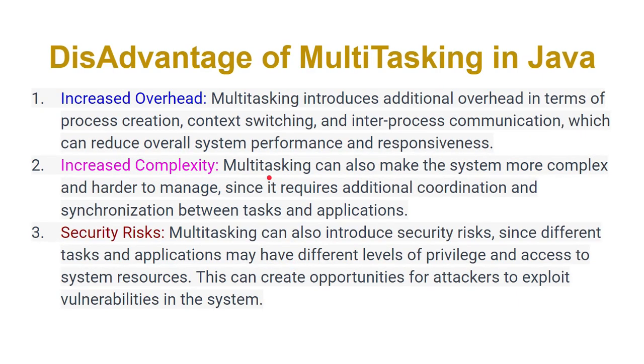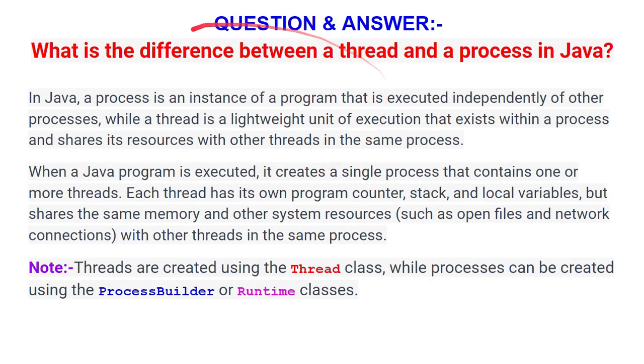Okay, but as a developer we are doing work in multi-threading only. As a developer we are not doing work in multitasking. If you want to work on multitasking, you have to go into Microsoft and work on the operating system, then only you can understand what multitasking is. But for multi-threading, you just learn Java and whatever application you are building, just try to apply it there. Okay, so what are the disadvantages of multitasking? Increased overhead, increased complexity, security risk. So it happens in every application, we have to improve it. That's it. Okay, some of the questions we have to understand in depth, like what is the difference between